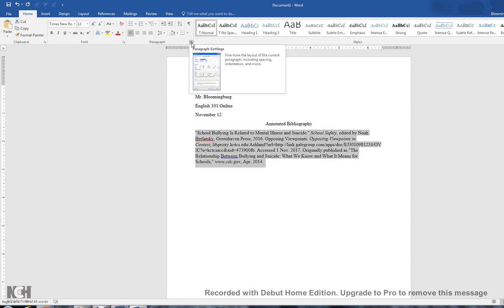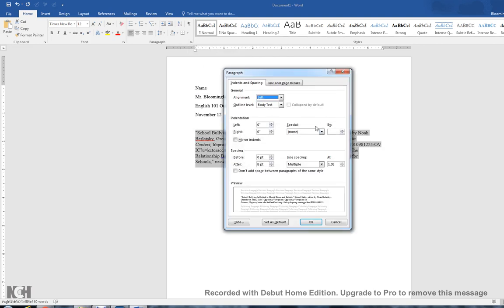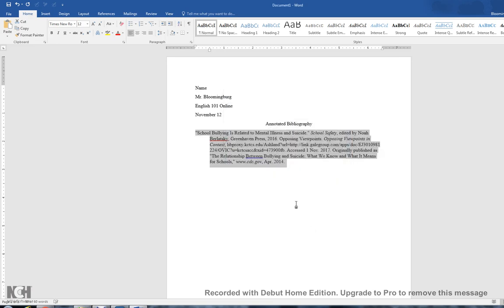And the paragraph option, if you click in the corner there, it's kind of hard to see, you can get to your settings. And you do need to create something called a hanging indent. So put that in there. An annotated bibliography is not much different than an actual works cited page, except you haven't written the paper yet. So we can't call it works cited because you haven't cited anything within your work, because you haven't made that yet. Instead, the next step in the annotated bibliography is to give a short paragraph for all 5 sources,